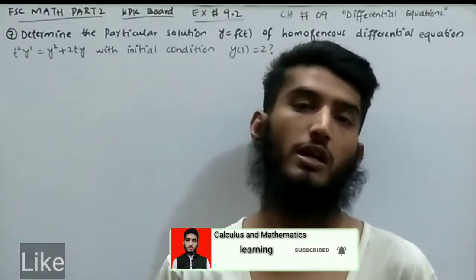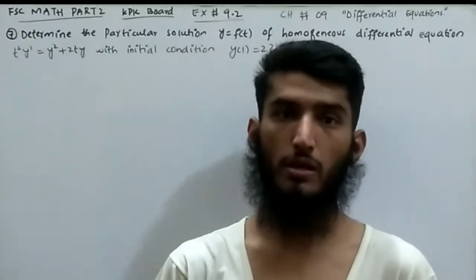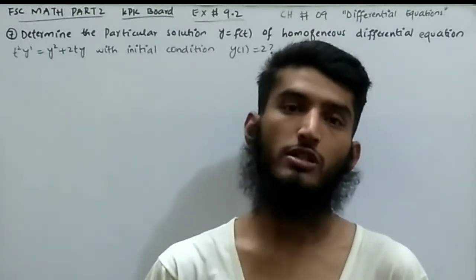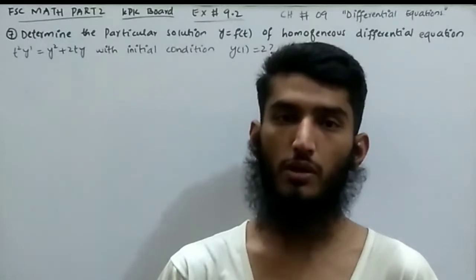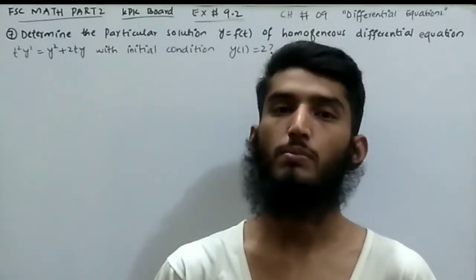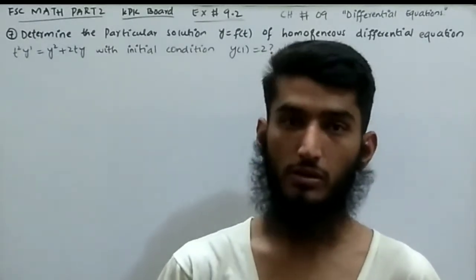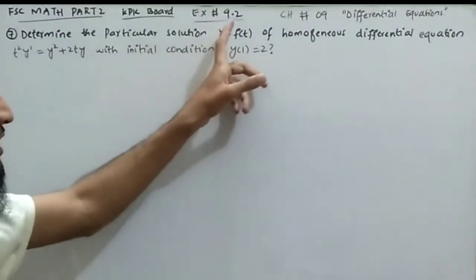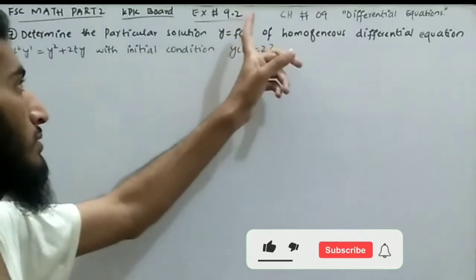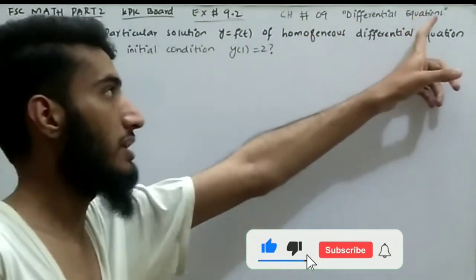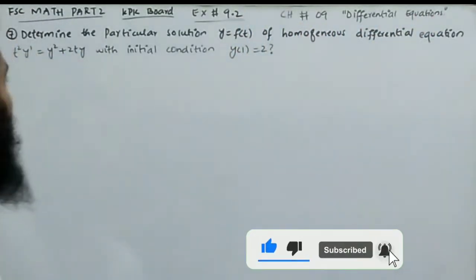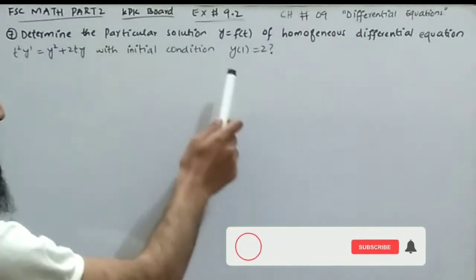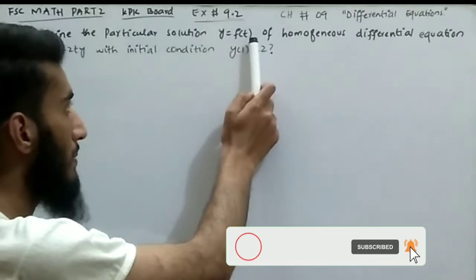In today's video I am going to discuss question number 7 of exercise number 9.2 related with chapter number 9, differential equation, relevant with FSC part 2 Mathematics KPK board. So let's move toward FSC part 2 Mathematics KPK board exercise number 9.2. Chapter number 9, differential equation, is the name of this chapter. Question number 7 tells that determine the particular solution y is equal to f of t